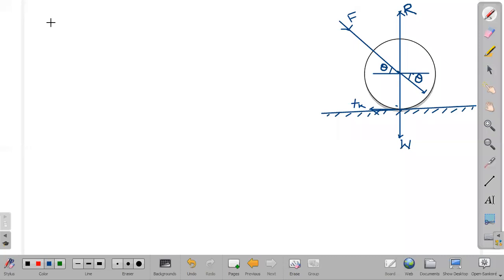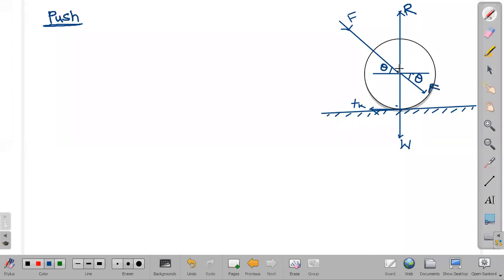Previously we have seen pulling. Here we are looking at pushing. When I am pushing the roller, so what happens? This is a lawn roller, and I have taken it on the surface. I am pushing it forward. This is a force. I am extending the same force component up to here. This is our force, right?